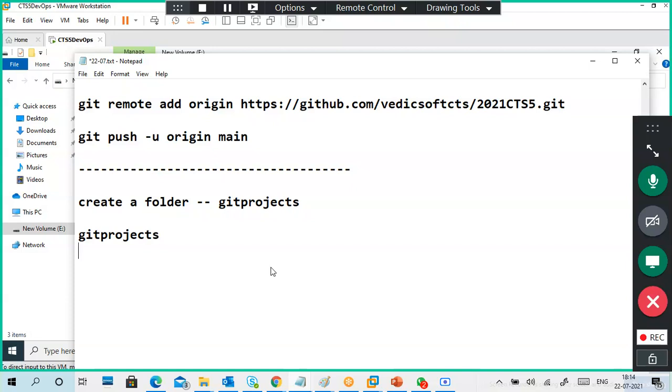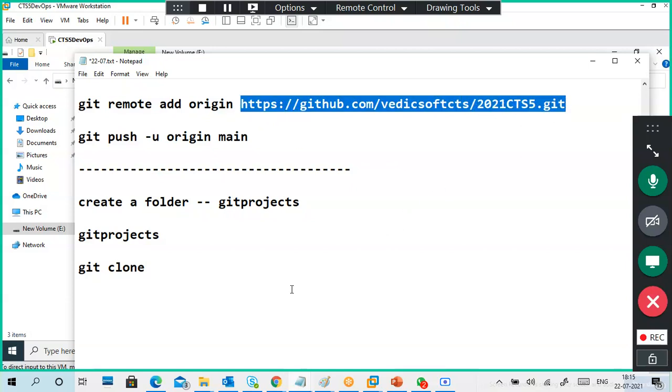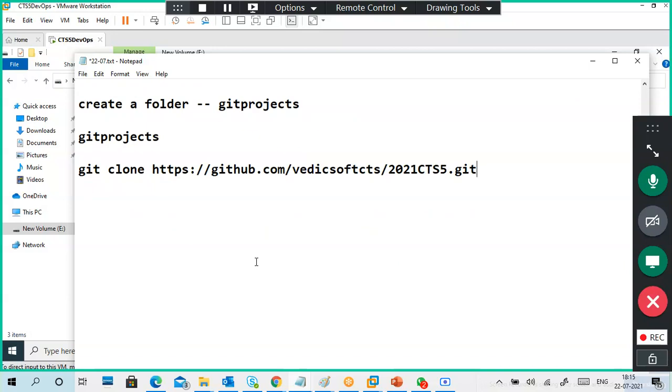Go to that folder and put the command git clone, and put this link. You don't need to create anything. If you want, you can create your own account, but for this one it is compulsory.